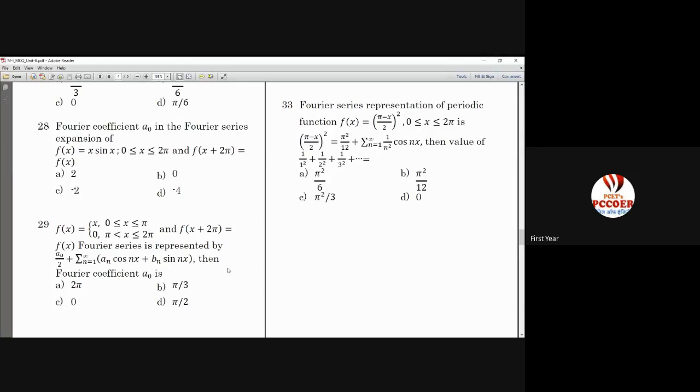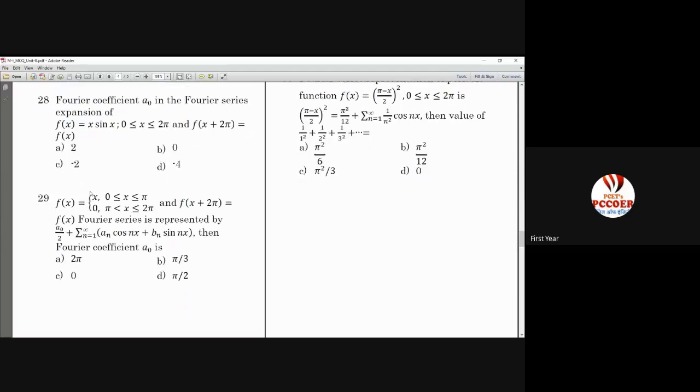तो इसका integration क्या होगा? This will be 1 by pi, x sin x का integration will be x into minus cos x, then minus derivative of x is 1. One more integration of minus cos x is minus sin x, and then you'll stop. Limits are 0 to 2 pi. Sin का term 0 हो जाएगा. What you'll get is only cos term, that is upper limit minus 2 pi into cos of 2 pi. So yes, minus 2 is the answer. Is it okay? Yes, ma'am. Minus 2 is the answer.